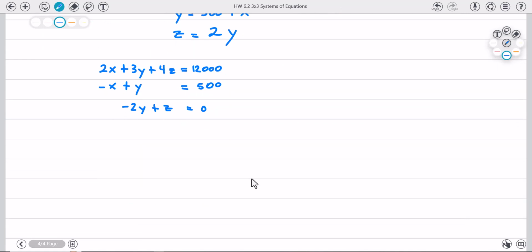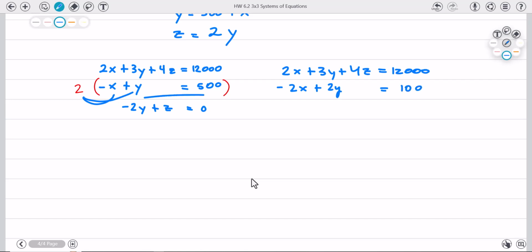So the first thing that I do is I multiply this equation by 2, and then I'm going to add it to this one. So I'm not changing the first equation. 3y plus 4z equals 12,000. I'm multiplying this by 2, so 2 times x, negative 2x, 2 times y plus 2y, there is no z, and then 2 times 500, I get 1,000. If I add these together, those cancel. I get 5y plus 4z equals